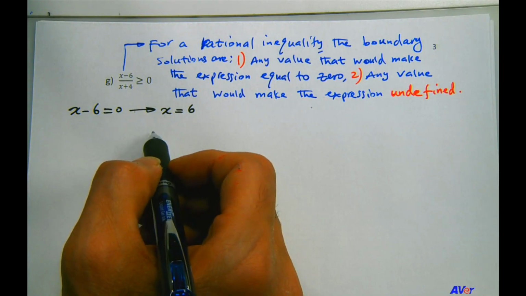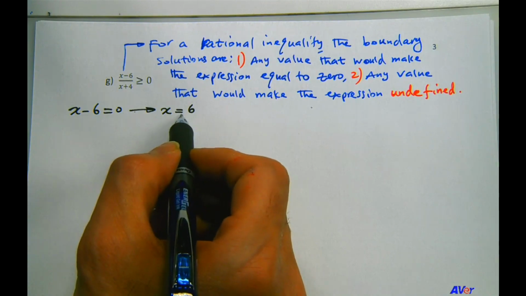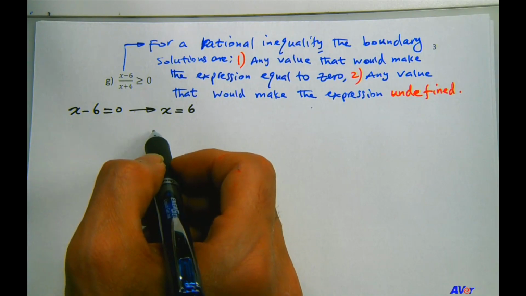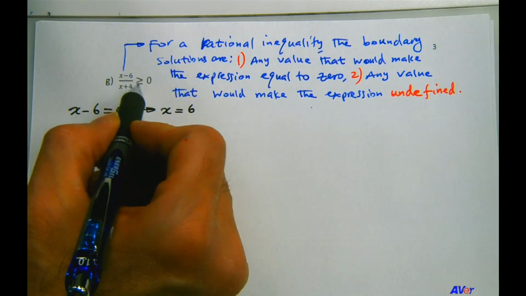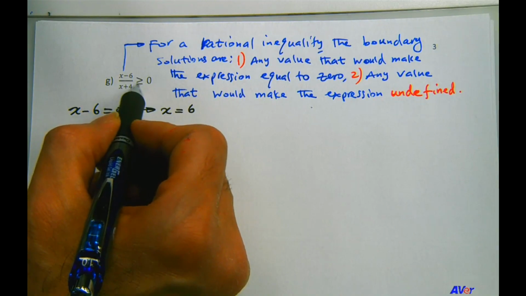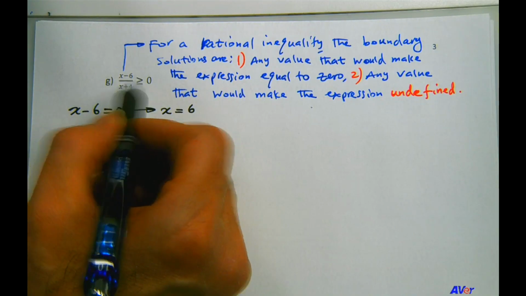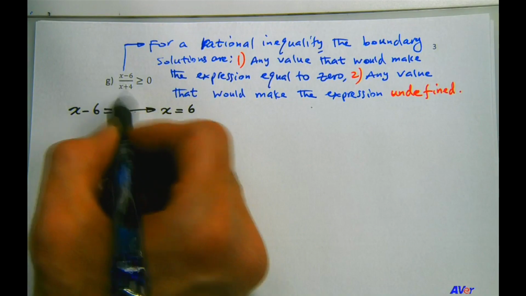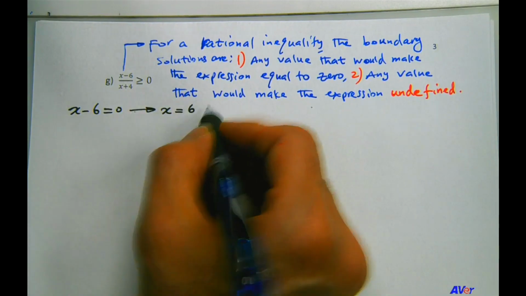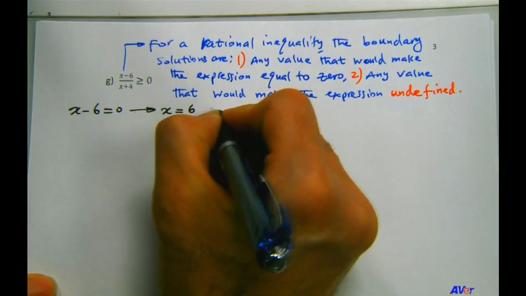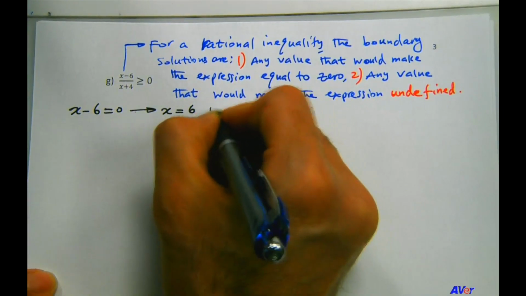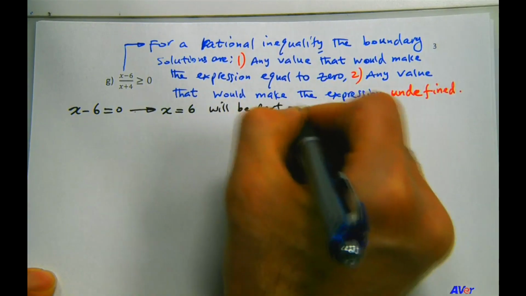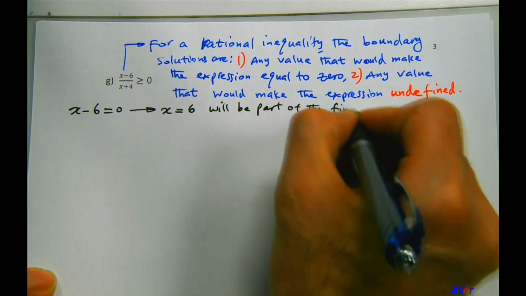What would you answer to that question? Will x equals 6 be part of the final solution? If you answered yes, you are absolutely correct. Because take a look at this symbol, inequality and an equality. So the left side is allowed to be equal to 0. And we know x equals 6 will make that happen. Will make this expression equal to 0. So x equals 6 will be part of the final